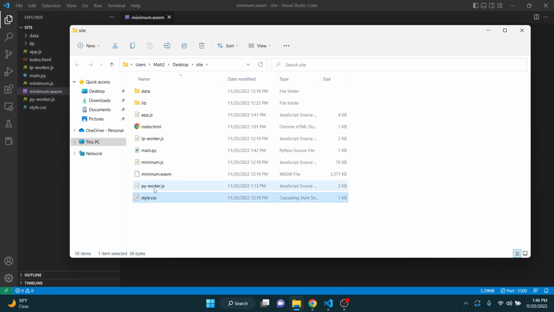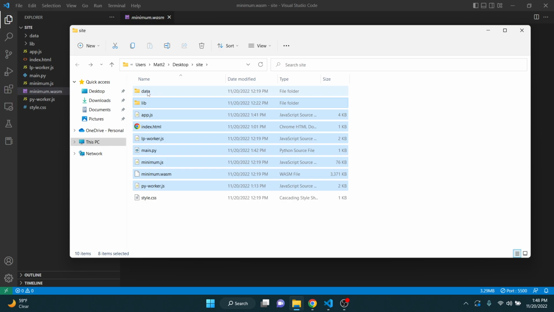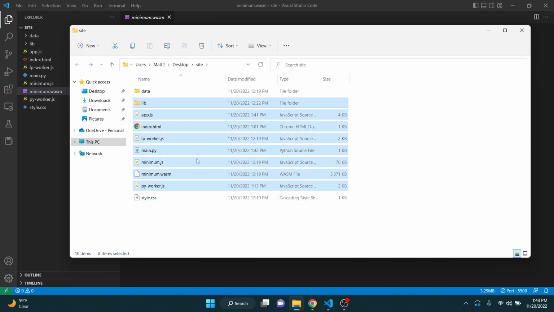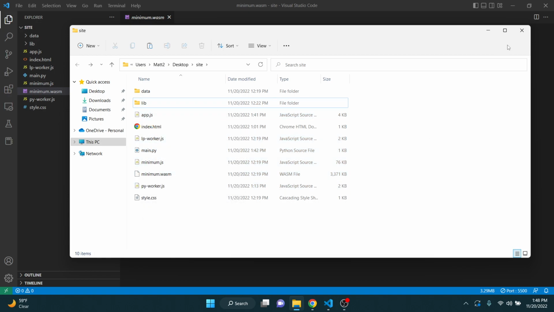Style, I don't care about that. I need these. LP worker. What's data? I don't need data either because I'm going to be uploading a CSV. So lib is the wheels to be loaded in by Pyodide. Okay, so I need all of this except index and map. I'm not sure where that code's going to go. Let's copy all this